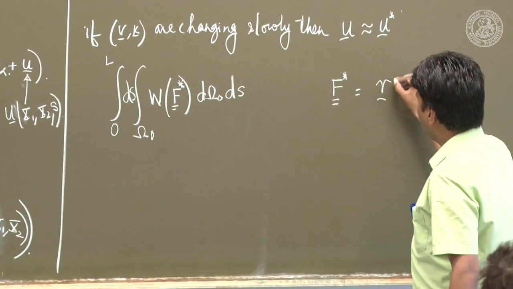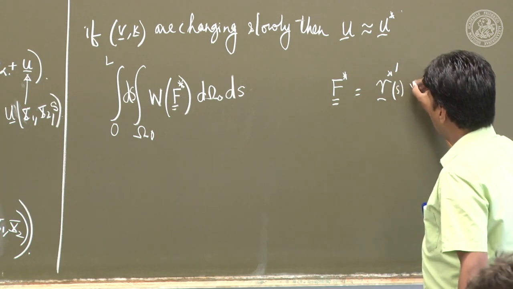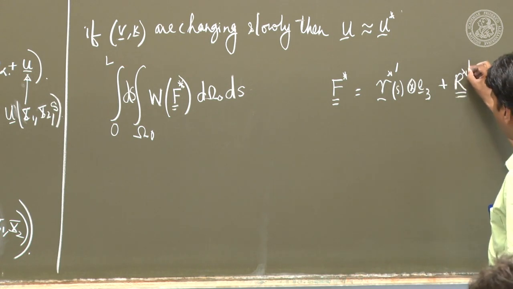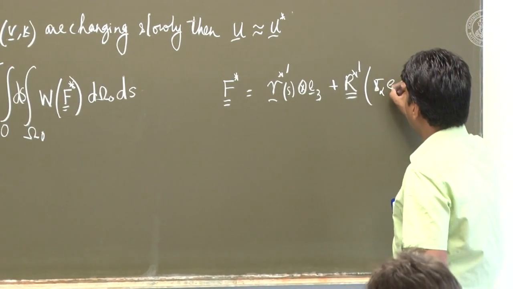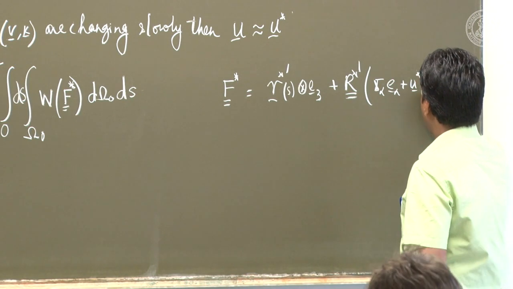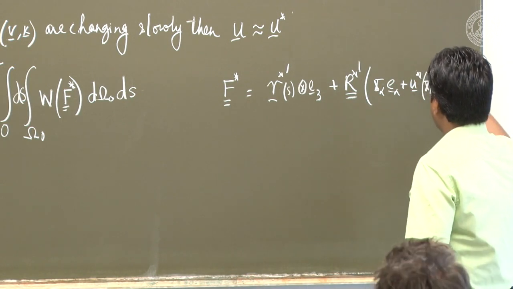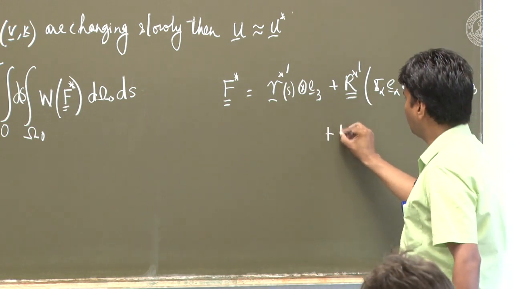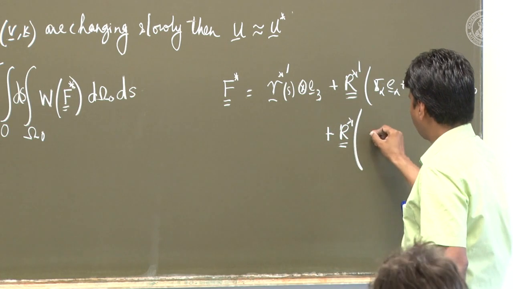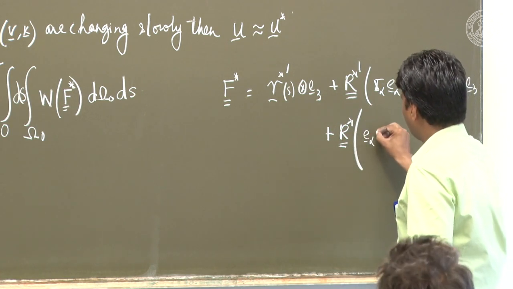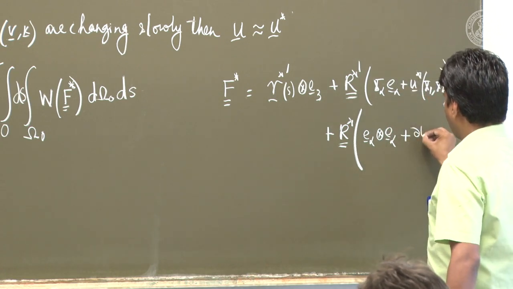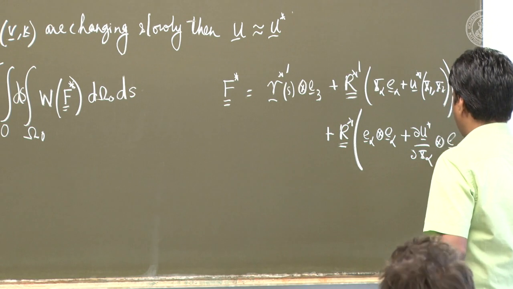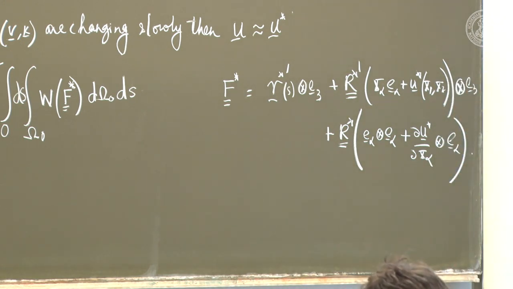That's going to be little r star prime tensor product E3 plus big R star prime of x alpha E alpha plus U star of x1 x2 tensor product E3 plus R star E alpha tensor product E alpha plus del U star over del x alpha tensor product E alpha. That's your deformation gradient,